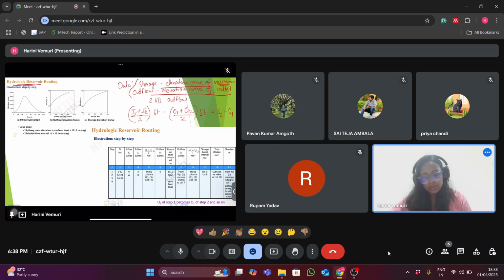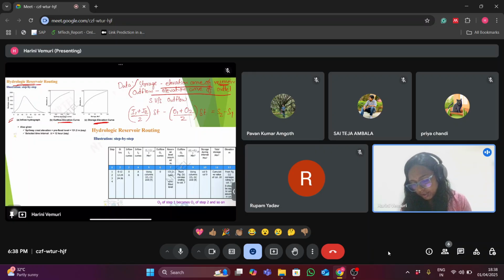For this, we mainly need the data: first an inflow hydrograph, what the inflow into the reservoir is, then the outflow versus elevation curve of the outlet, and the storage versus elevation curve of the reservoir. These three data sets we need for the